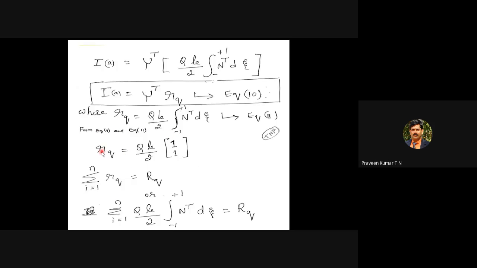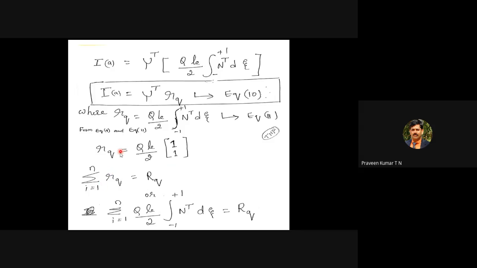Now this is for the individual element, but in finite element analysis, imagine the heat generation for element 1 is known, 2 is known, 3 is known, 4 is known, etc. Then finally you have to find the total heat generation. That is nothing but the summation of RQ, which is this equation. The summation of RQ is referred to by capital letter RQ. Capital letter RQ is nothing but the global heat generation vector.